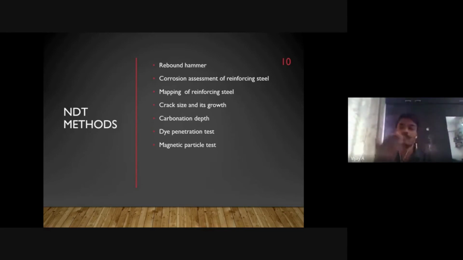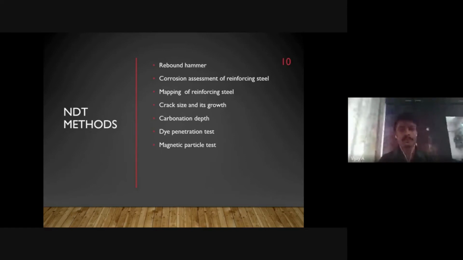Okay, to understand whether the penetration of cracks as well. Visual techniques can also be done with any of the remote visual inspection tools, like cameras. You go to a site and take photos, come to your office room, and you can zoom in and check the accuracy of that.